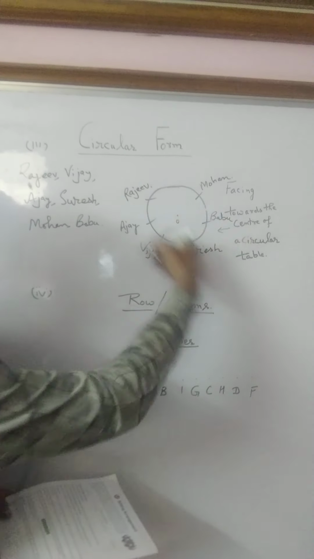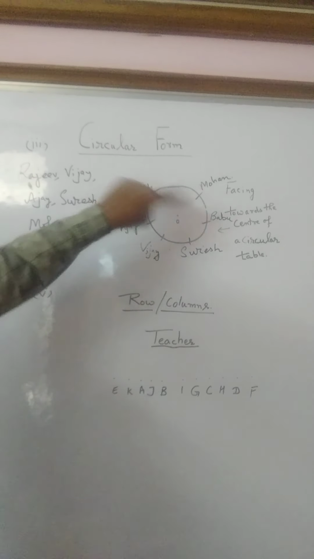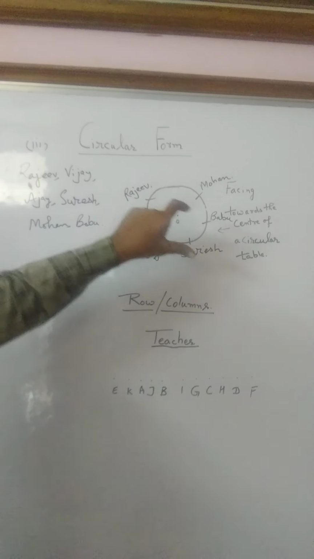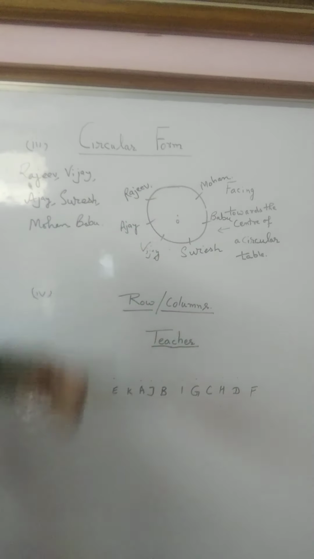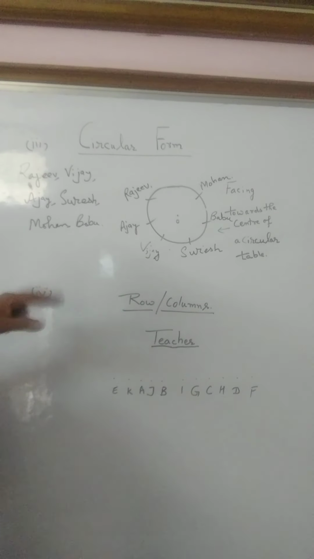So in this way I have completed the sitting arrangement of these 6 persons. See carefully, there are 6 boys. I have earlier explained with the help of A, B, C, D, E. They are sitting in the center of the circle and they are watching at each other. Thereafter, in order to simplify it, I take their names as Rajiv, Vijay, Ajay, Suresh, Mohan, Babu. We may also take some other boy's name or girl's name also. There is no difference between it.